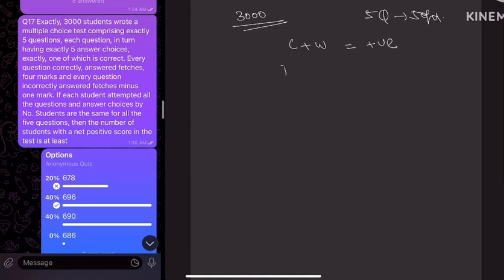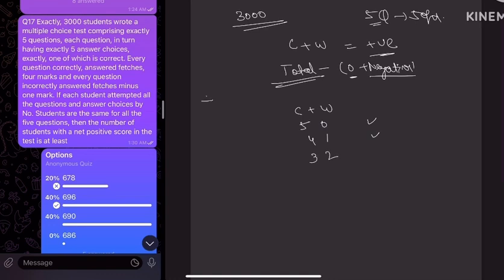So what we can do is first of all take total minus (0 plus negative). What does this mean? Total means all the cases possible, and from that we will subtract the cases with 0 marks and negative marks so that we get the positive. Why are we working this way? I'll tell you now. There are 5 questions. If 5 correct, 0 wrong, you get positive marks. If 4 correct, 1 wrong, it will be 16 minus 1, positive marks. 3 correct means 12 minus 2. You know the marking scheme is plus 4 and minus 1.